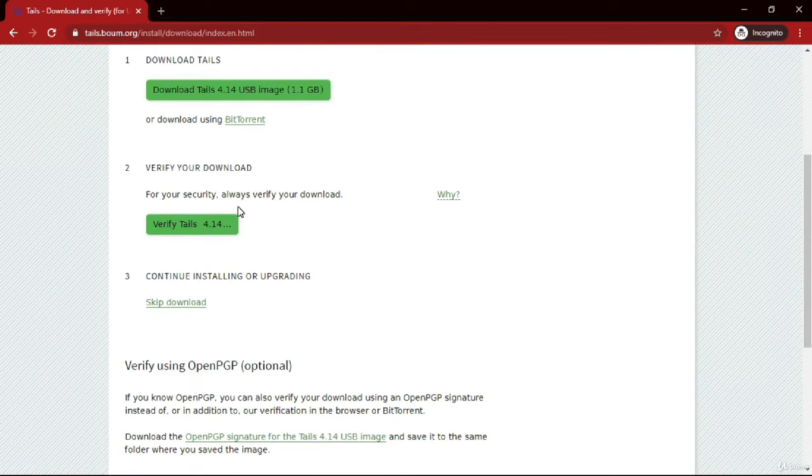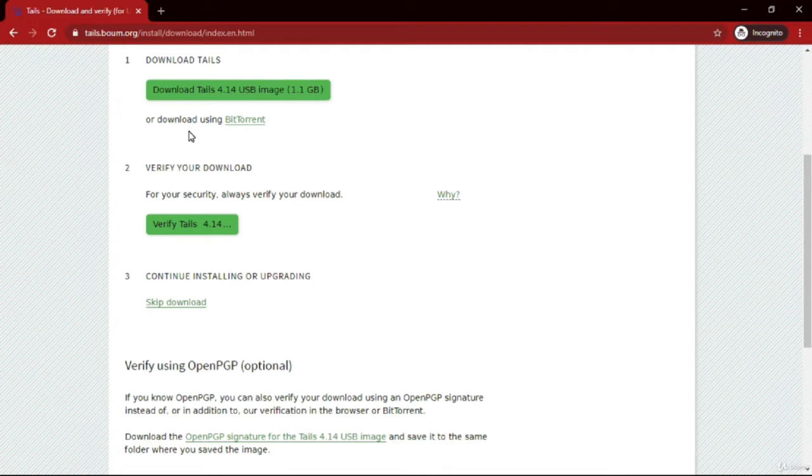If you read on this website, tails.boum.org, which is the official website of Tails, you'll see that it requires 2 USB drives to configure and install Tails. But it's not like that. You can also use only one pen drive. Sorry if I said website before, but you by default only require one pen drive. And in this video also we are going to use only one pen drive for installing Tails.